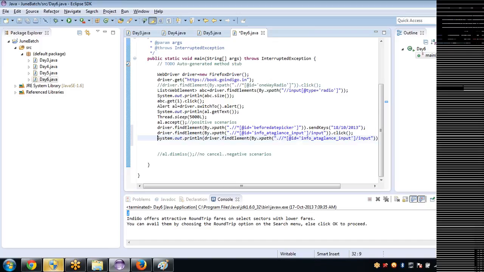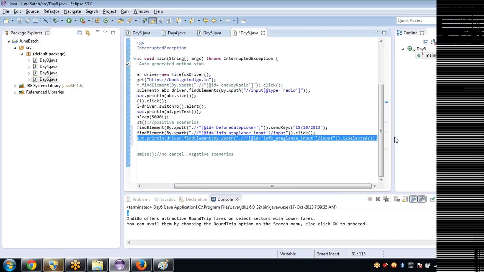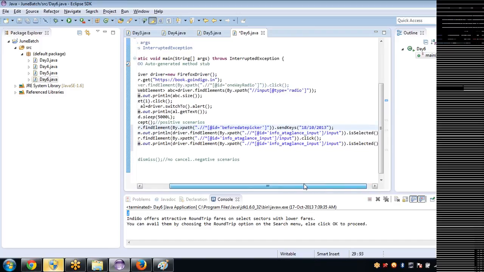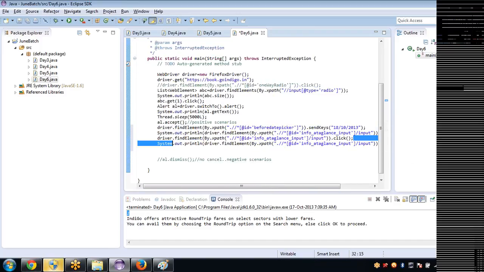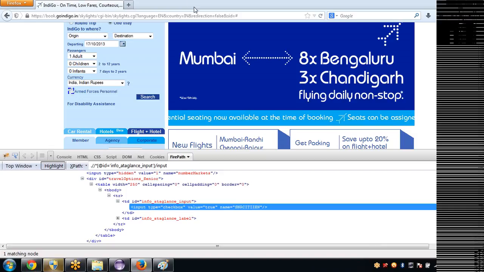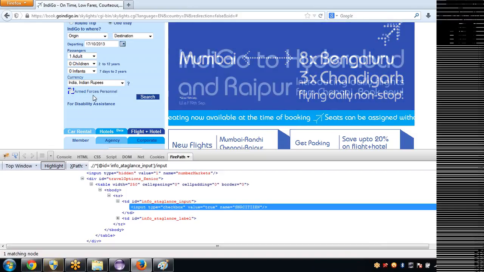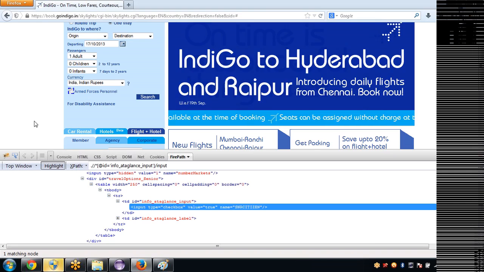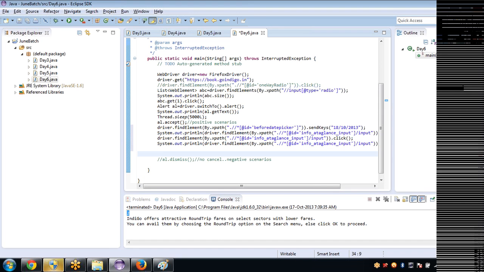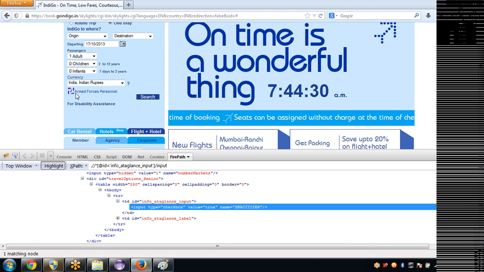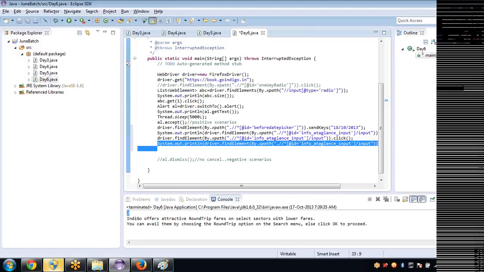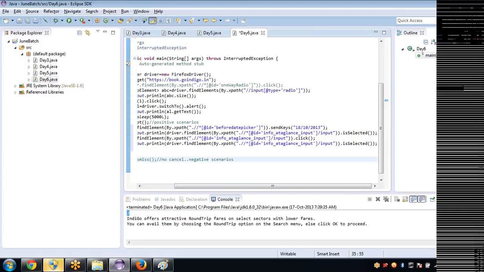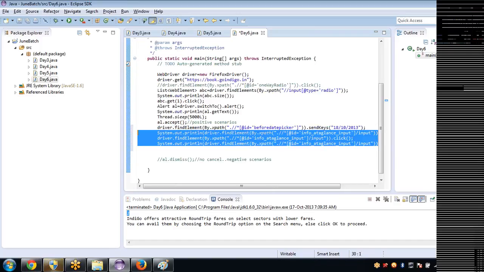The same step I will give before checking. It should return me false. Getting my point? I have first checked is selected or not before clicking. It will say false, it is not checked. And in this step I am clicking on it, dot click. Fine, it clicked. And now I am checking is selected or not. It should return true now because it got checked. This way you can keep checkbox validations with the method called is selected.